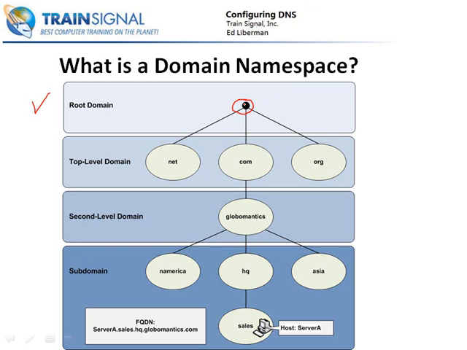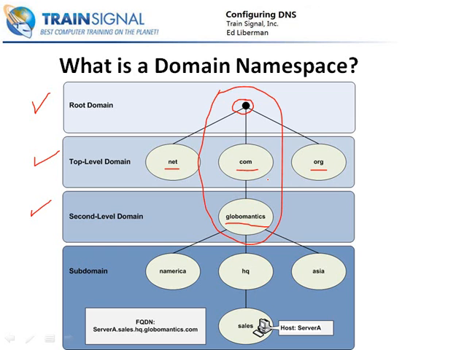Under that dot, or to the left of the dot in a name, would then be the top level domain. The top level domains are your .nets, .coms, .orgs, .info, .gov, .edu. There's a number of them. Those are your top level domains. Then we move further down through the tree into our second level domain, and that would typically be the name of a company. Our example here is Global Mantics. So in this example, if we took just this chunk of the tree, that's our globalmantics.com